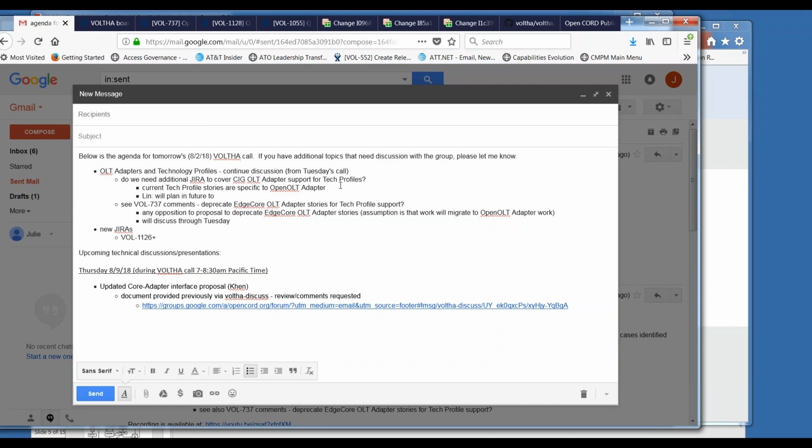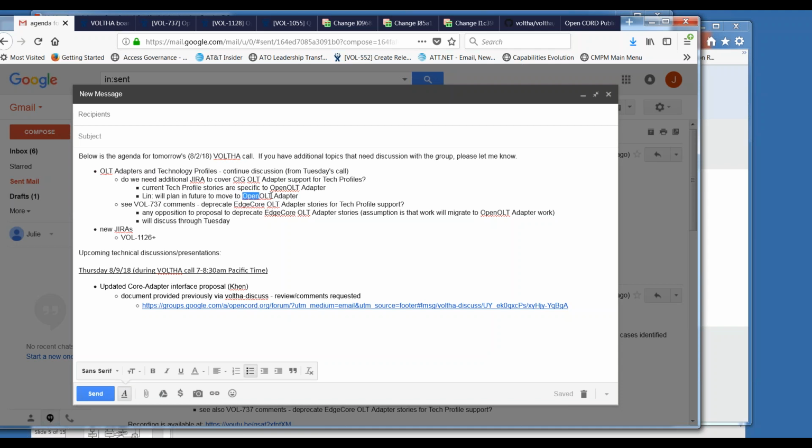I assume you want to support technology profiles and meters and those kind of new capabilities that are being added to the OpenOLT. The question is, do you want to do that within a CIG specific OLT adapter, or would you have the OpenOLT adapter manage the CIG physical OLT directly? If you need more time to talk that over with your group, that's fine as well. We want to make sure we get those discussions kicked off.